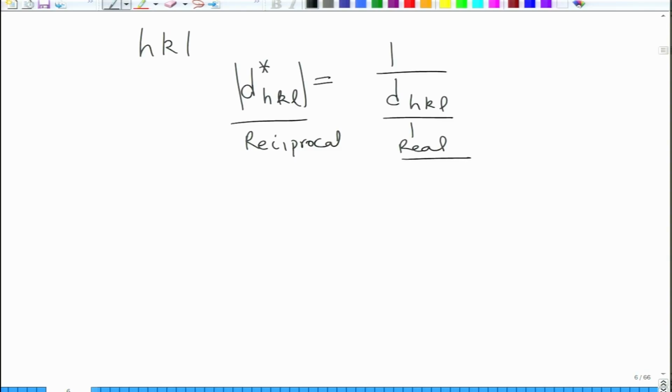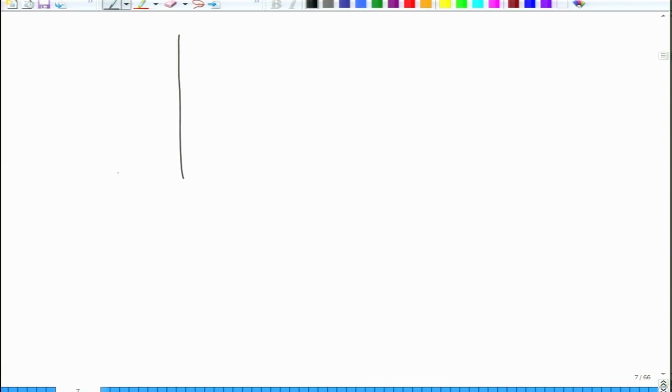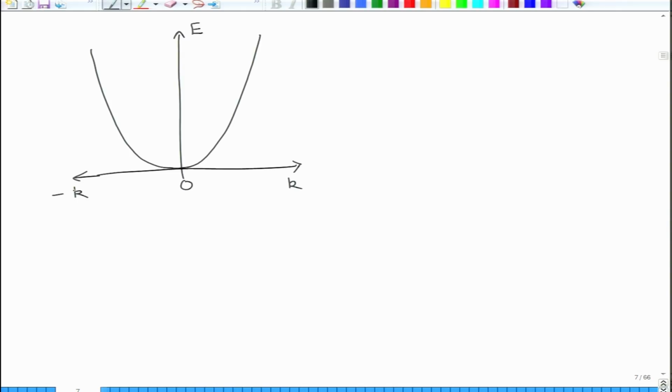Now, when you plot this E versus k for a single electron, it is like this. This is E and this is k. K is a wave vector, it can take both plus and minus values, and it makes a parabolic shape. Now, there are various approximations of an electron being present in a material. An electron can be loosely bound or very strongly bound, and that defines the value of the potential present in the lattice.